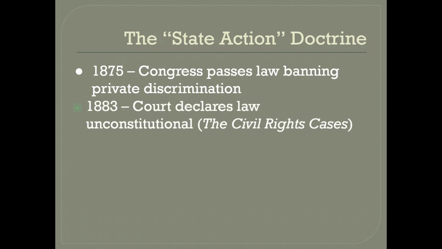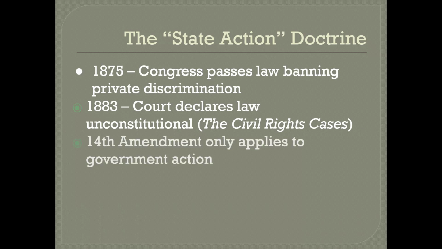And so it was an attempt to provide some level of equality between the races in the provision of private services. But that did not last long, because in 1883, the United States Supreme Court struck down this Civil Rights Act of 1875 in a case known as the Civil Rights Cases. It's a little confusing. It's only one case called the Civil Rights Cases. Don't worry about it. But they declared the law to be unconstitutional. Now, why would this law be unconstitutional? Well, the reason they said was that the Constitution did not give Congress the authority to pass that legislation.